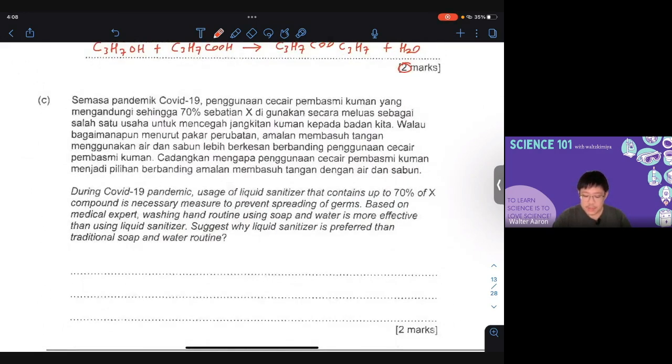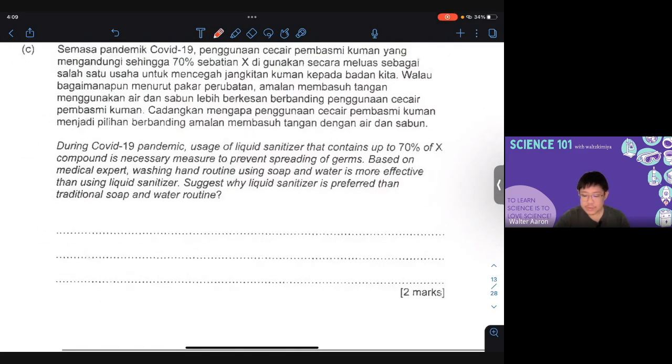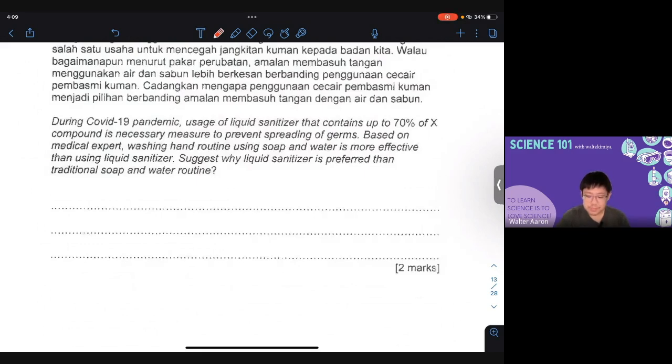Right, now part C. During the COVID-19 pandemic, usage of liquid sanitizer that contains up to 70% ethanol is a necessary measure to prevent spreading of germs. Based on medical experts, washing hands using soap and water is more effective than using liquid sanitizer. Suggest why liquid sanitizer is preferred over the traditional soap and water routine. I think it's because it's easier to use, and you don't need water. So you see over here, no rinsing